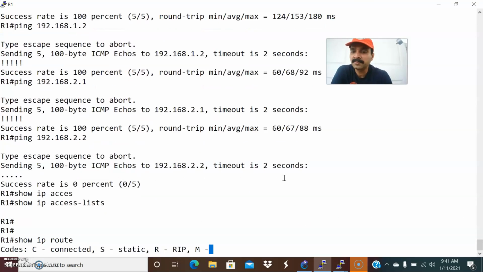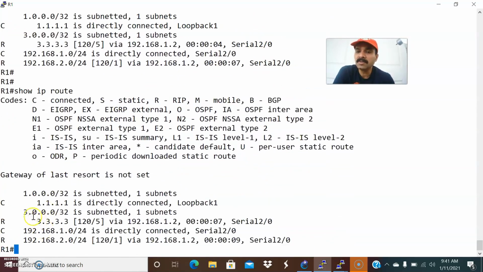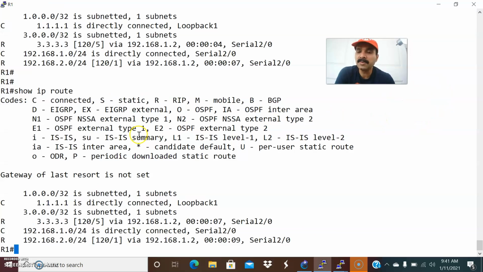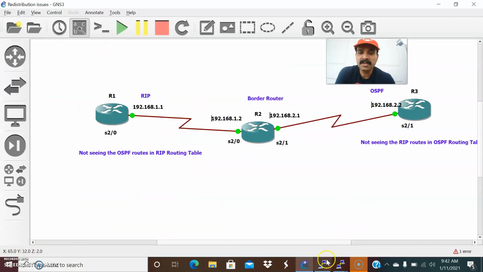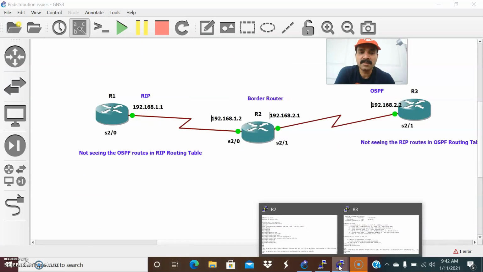Show ip route. That is the first step we need to do. Now we are able to see all the routes. 3.3 is nothing but a loopback address I defined in the OSPF router. That is the reason we are seeing the corresponding route advertised, right? We are seeing the 3.3 route advertised, and we are seeing all the routes advertised here. Let us also check in R3.